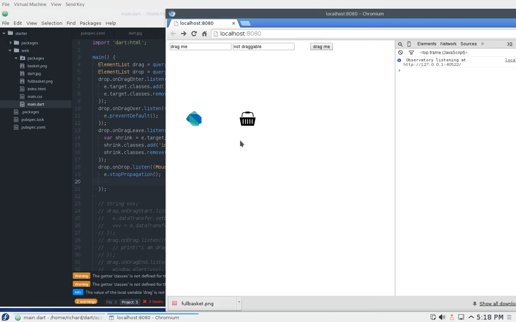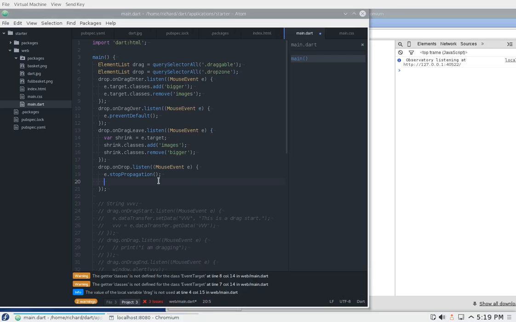So what are we going to actually do here? Well, what I want to do is drag something, and when I let it go, I want this icon to change into a full basket. I already downloaded full basket over here, so fullbasket.png, and you won't be able to see it until I actually show it, okay? So I'm going to say